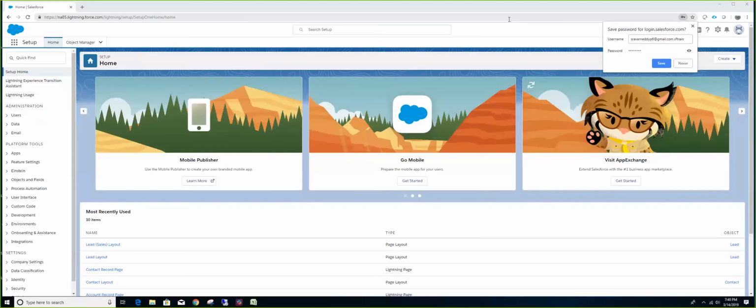Again, we spoke about account teams, opportunity teams, but we saw some other standard features like what is the product, what is the price book, what are the price book entries, like how do you create the product, how do you create the price book, and the price book entry. So we saw a few things in there as well, the standard Salesforce features, and then I think we started about creating reports.